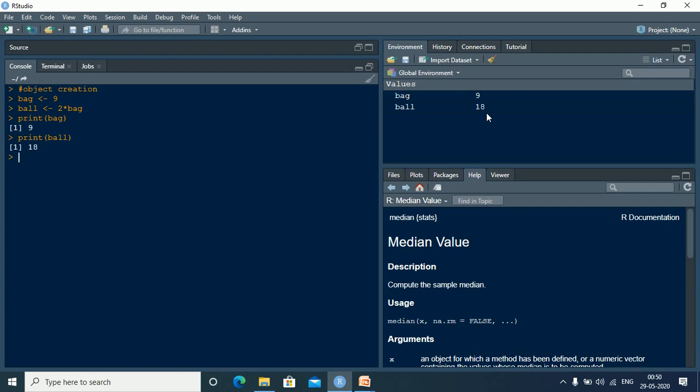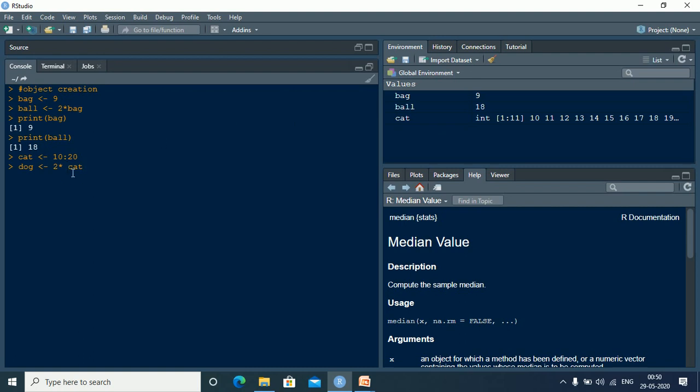Sometimes your objects can also take multiple values. So let me create cat as an object which can take values from 10 to 20, right? And now I want to create dog which is 2 times cat, right?